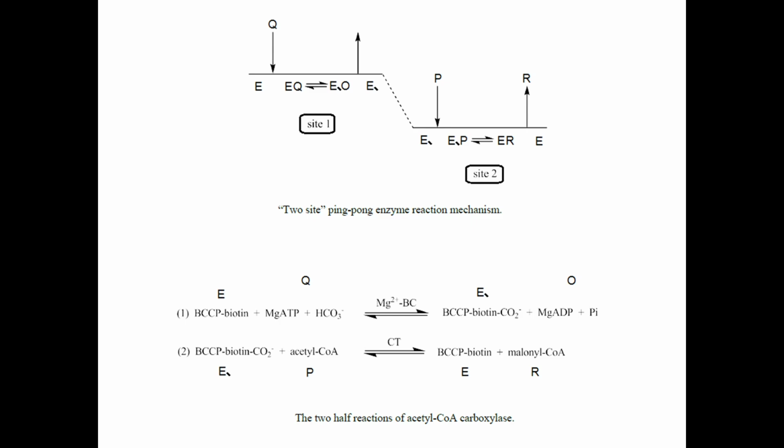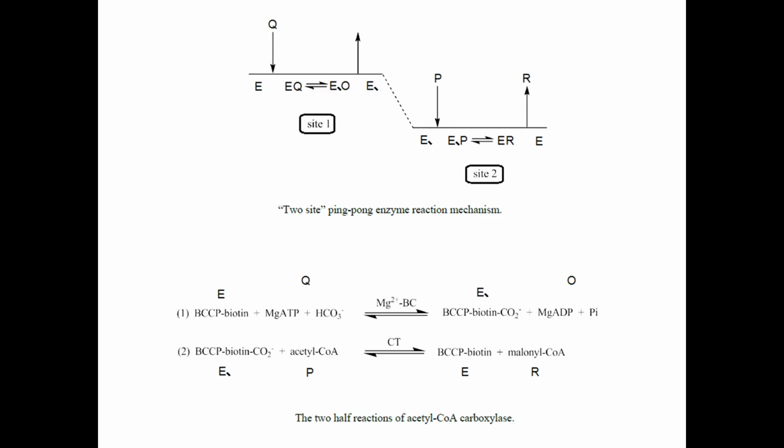In the 1-site ping-pong mechanism, a second substrate would come in and immediately take that piece away. In this case, we have a 2-site where this thing is transferred either to a second active site or a second enzyme, and it's the second reaction that occurs in a different location. So we're going to move it over to the second site, and in that site, the second substrate comes in,